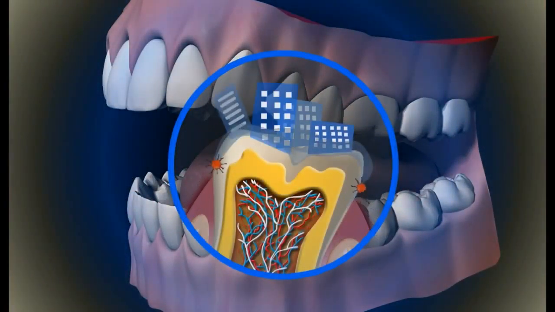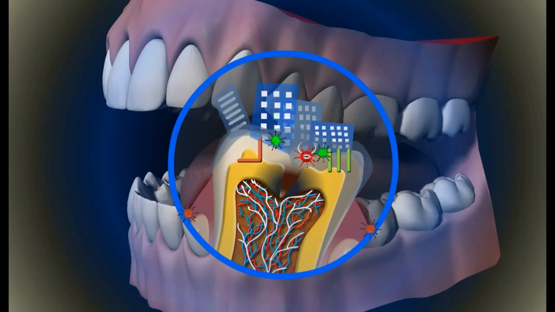We'll now use the animation to take a little tour into the plaque itself. Plaque is organized like a little city. There are bacteria that are specialized in just holding on to the teeth. Other bacteria transport nutrients by forming transport tubes. Then there's Streptococcus mutans bacteria, producing organic acids from nutrients, which in turn attack the tooth by removing existing minerals from the tooth substance. Working together, you can see that plaque is very much like a little city.